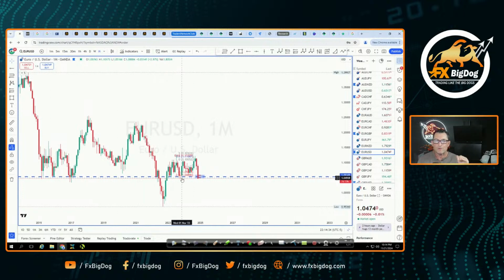Now, when I say support and resistance, I want to make sure that everyone's clear on this. Support and resistance is not a defined price. So we can't say that the support is at 1.0450, or that resistance is at 1.700. It's an area of support and resistance, which means it's in this area. And the larger the time frame, the larger that area can become. So when we talk about area, we're talking about an area of support, an area of resistance. Just keep that in mind.